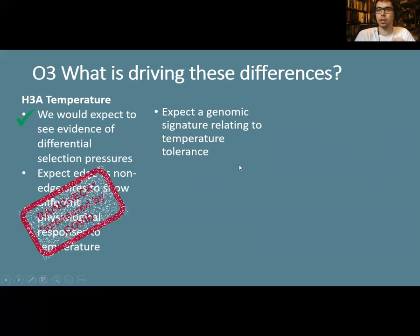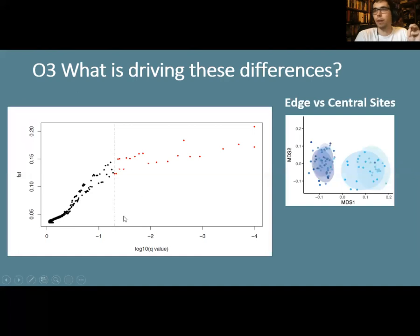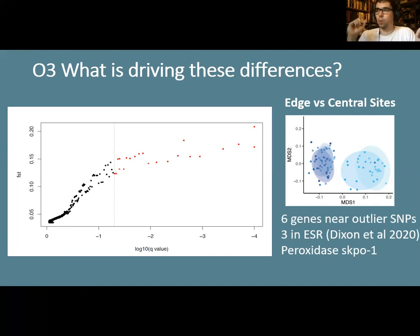But we would also expect a genomic signature relating to temperature tolerance. And for that, we've done Bayescan and PCAdapt, just doing the edge versus the central sites, and then taking the outlier loci that appear from both Bayescan and PCAdapt. And then we look plus or minus 1 kb of the loci for nearby genes. And then I just took this list of genes from Dixon et al. 2020, which compiled these different gene modules, looking at multiple experiments where they stressed out acroporids and looked at the genes that were differentially expressed. So of our 6 genes that were near outlier SNPs, 3 of those were in these modules,